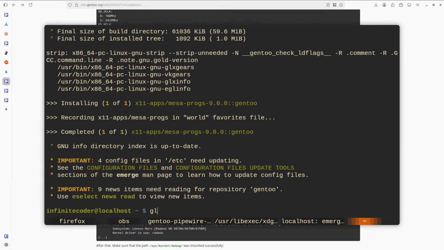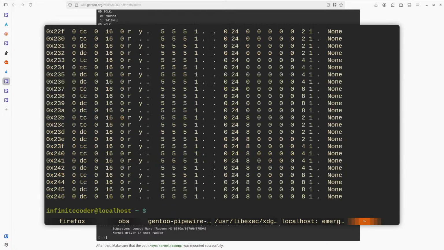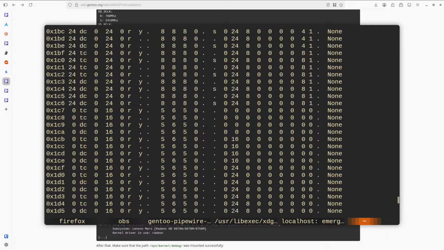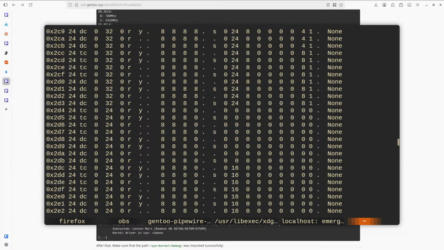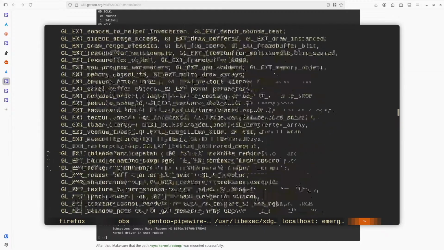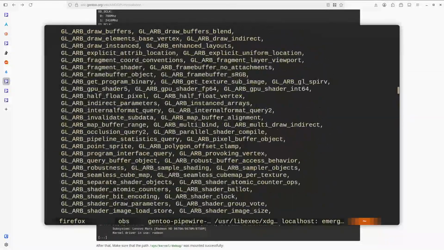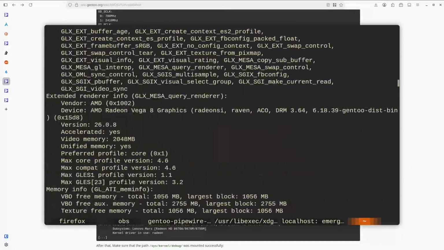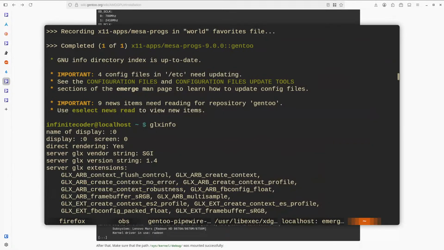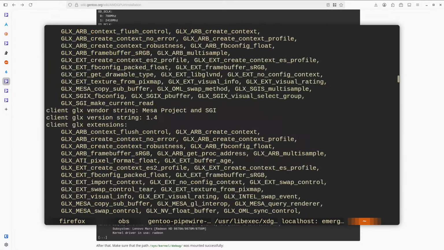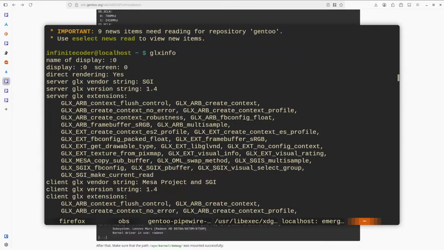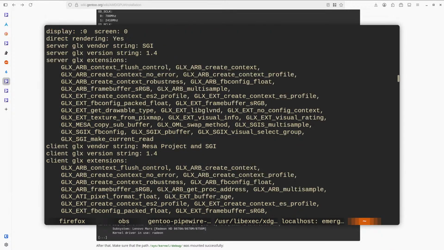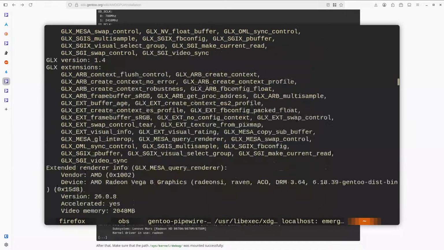Okay, so glxinfo. Whoa. Now, how do I use glxinfo? Does anybody remember how to use glxinfo? I guess I need a header really. Display, direct rendering: yes. Mesa project, I'm fairly certain it's using Mesa.